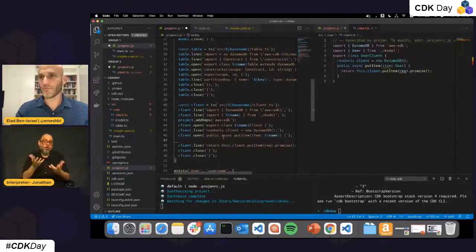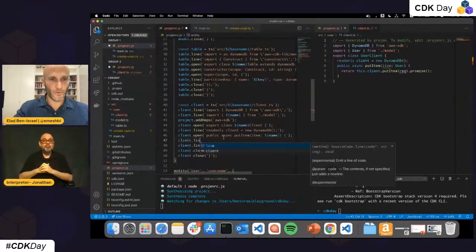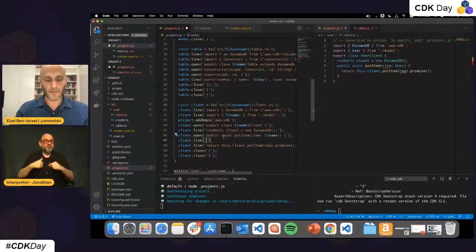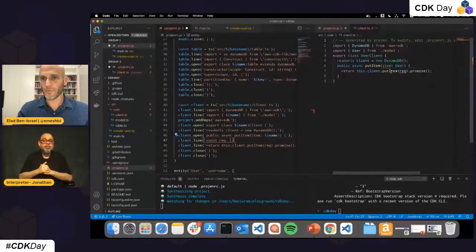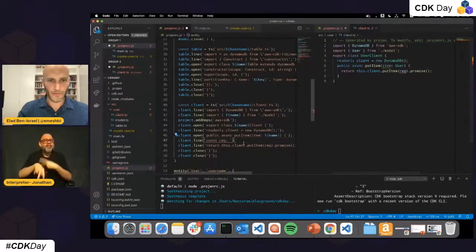Okay, so now let's try and do that quickly because that's going to take a little bit. Okay, so request is of type. What is the type? Put item input. DynamoDB put item input equals